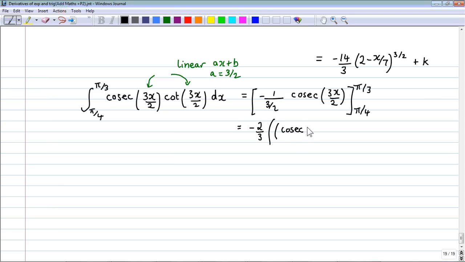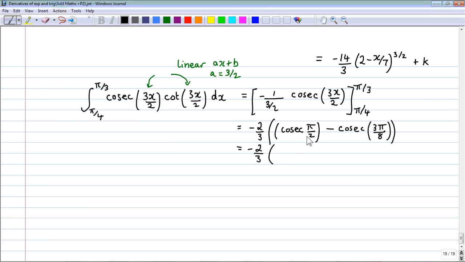Cosec pi over 2, and then if we put pi over 4 we get cosec 3 pi over 8. So this is a problem, I think, because no, sorry, it's not, is it? So I have minus 2 over 3